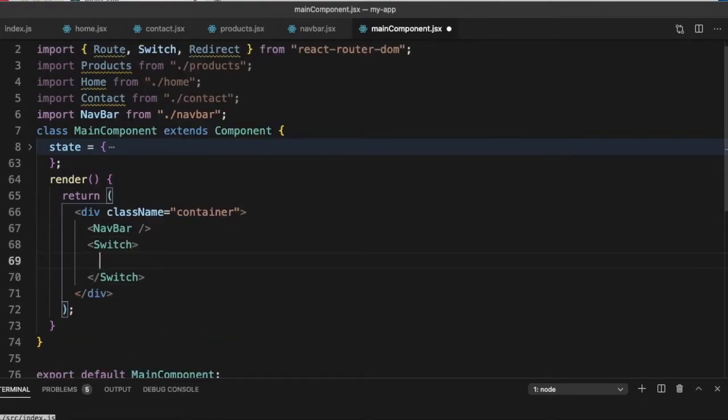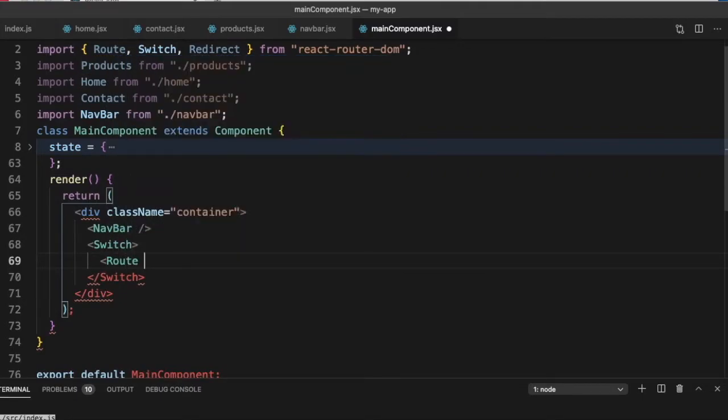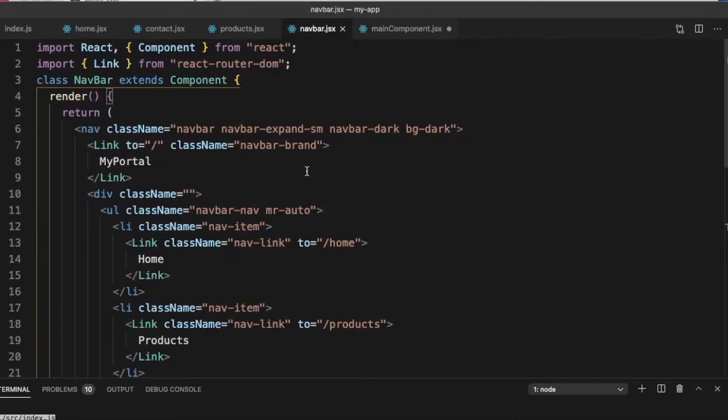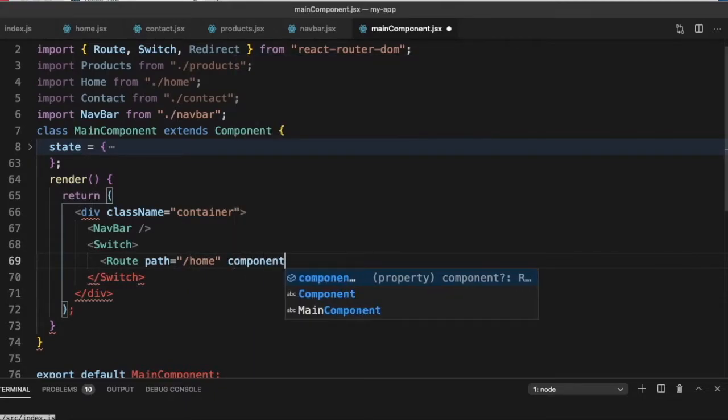So let's put a Switch in, and within that, let's say Route path is equal to slash home. So what are our paths in the navbar? We have slash home, slash products. So if the path is slash home, then the component we want is Home.